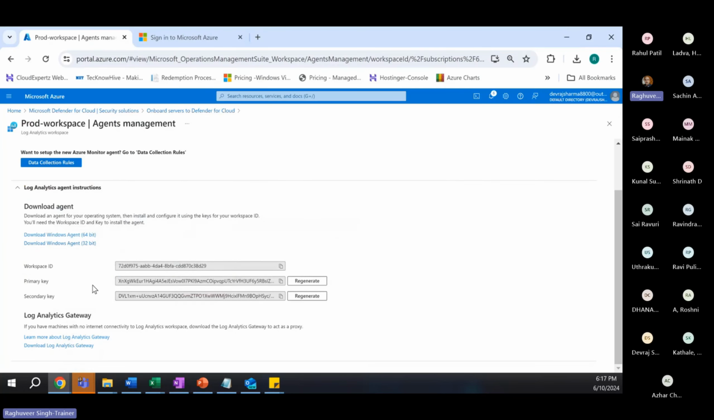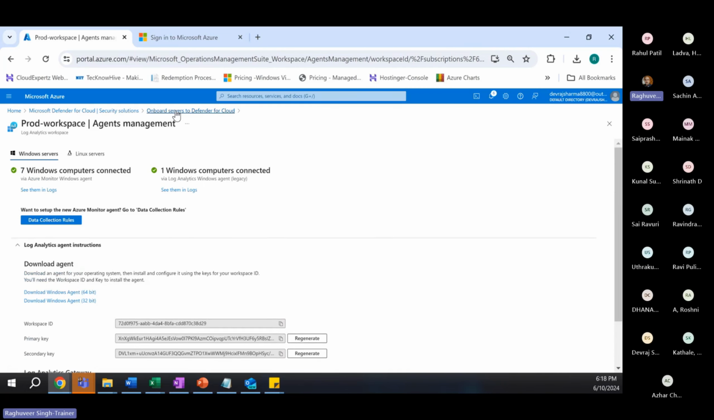All you need to do is download this agent, and get this workspace ID and primary key. These two pieces of information you will need on the server. While you install the agent, it will ask you for the workspace ID and primary key, and the server will be onboarded into the Log Analytics workspace. From there, it will get onboarded into Defender for Cloud. And from the same Log Analytics workspace, because this workspace is also added to Sentinel, the server will also be